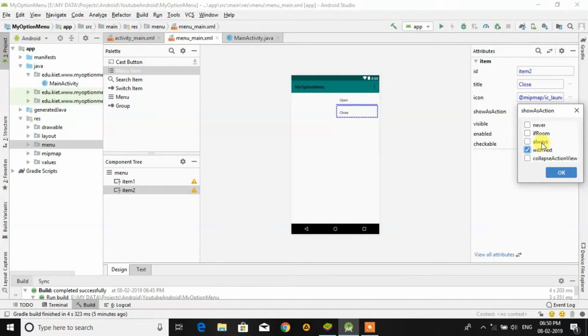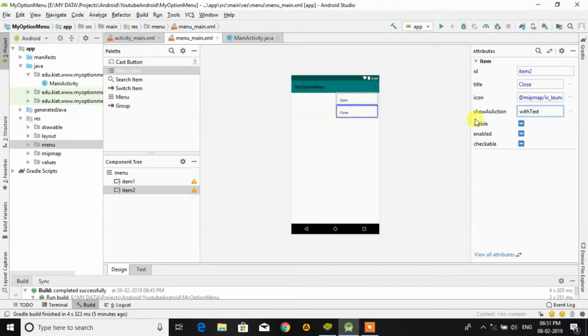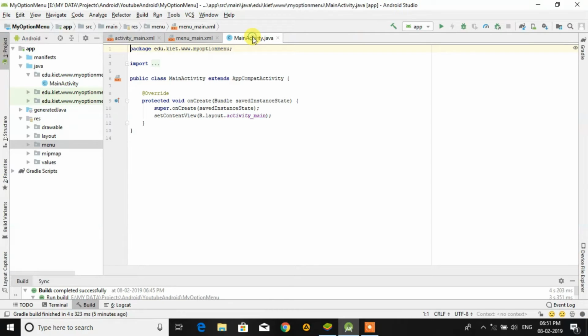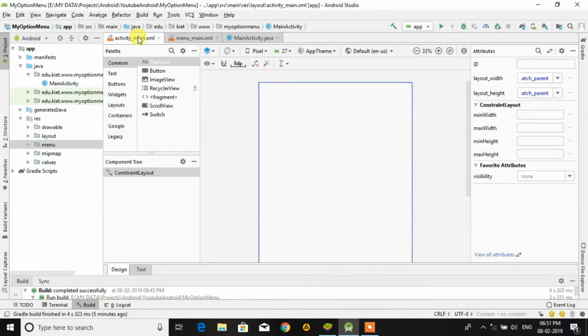If you click on always, it will show here. I will show you later on also. So like this we make an option menu. So these are two items in the option menu. You can drag and drop more also, 1, 2, 3, 4, whatever you want. I am just taking the example of two menu items. Now we have to link this menu item with the main activity.